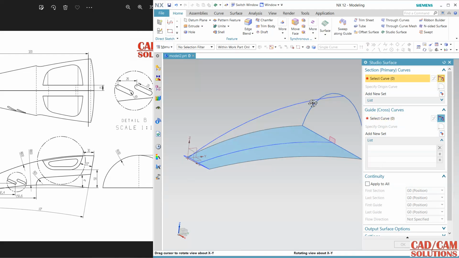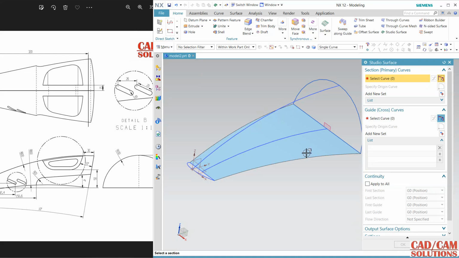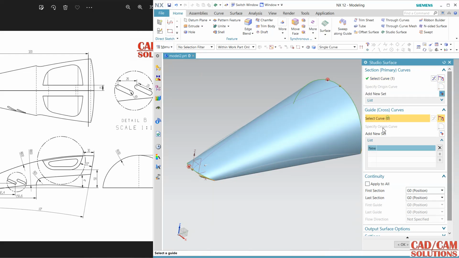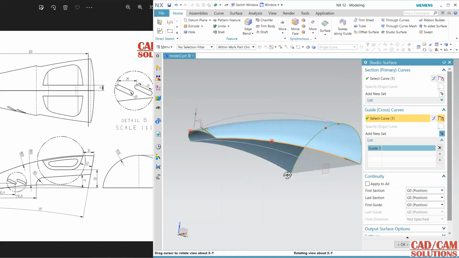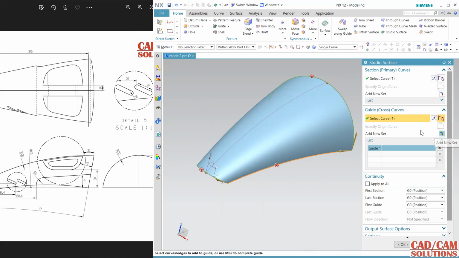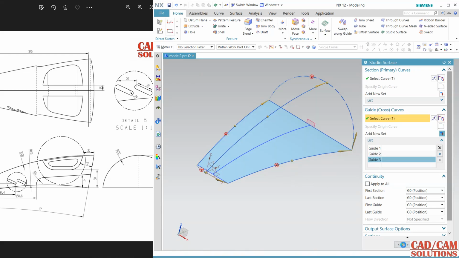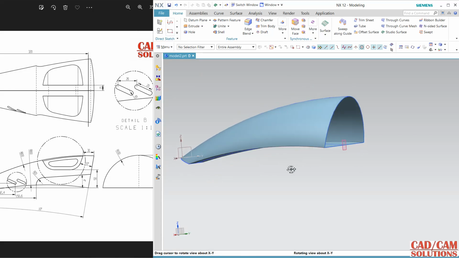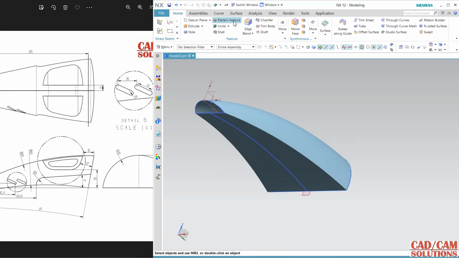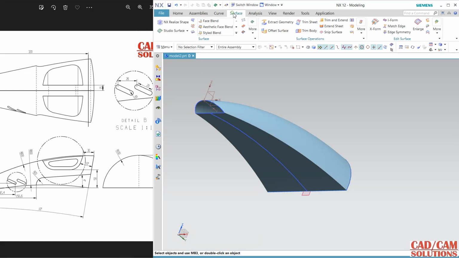Again for this upper one, for this portion, I'm using my first section is this, add, second section is this, and for guide, use this lower surface as a guide, add, second one is this, add this third one, and okay. Okay, so surface is now created.